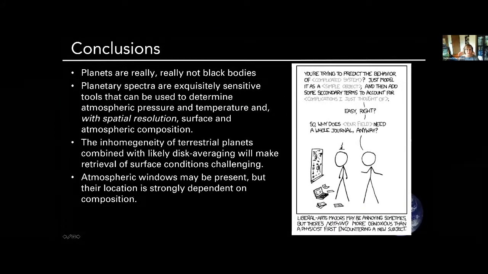So my conclusions are planets are really not black bodies. That the planetary spectra are really sensitive to a bunch of different things that we can learn. But if we don't have spatial resolution for exoplanet observations, then getting an idea of what's going on at the surface is going to be problematic just because of the heterogeneity of what we're looking at. And the atmospheric windows may be present, but the location is strongly dependent on composition. And so when you go in to make your thermal phase curve measurements or whatever, take that into account when picking your wavelengths. And of course, I leave with one of my very favorite XKCD cartoons, which was kind of